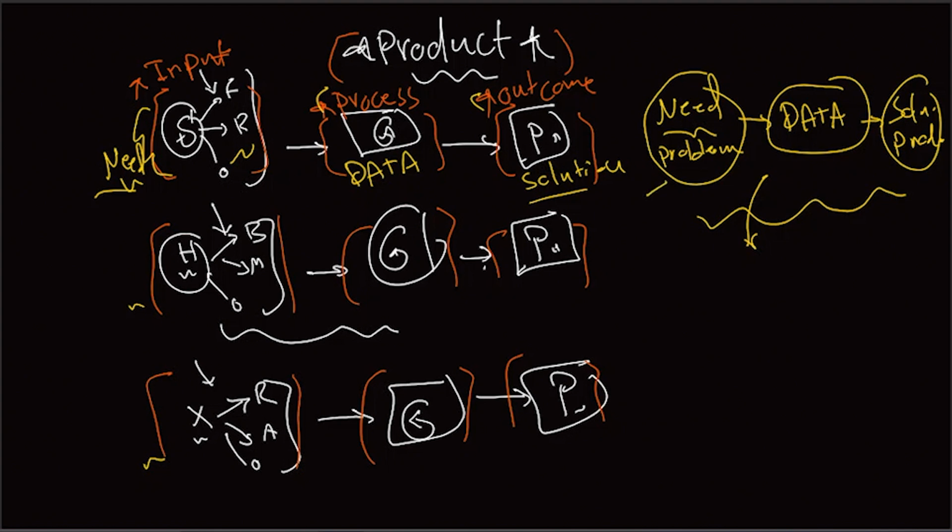For example, if you don't know how to define your need, or how to articulate your problem correctly, or to ask the right question, believe me, the final product solution will be completely wrong. Next, if you have chosen to select the wrong source of data, or to even measure something and collect data from that wrong measurement, things will not go right. So in other words, the product seems to be very much dependent on the previous two stages.